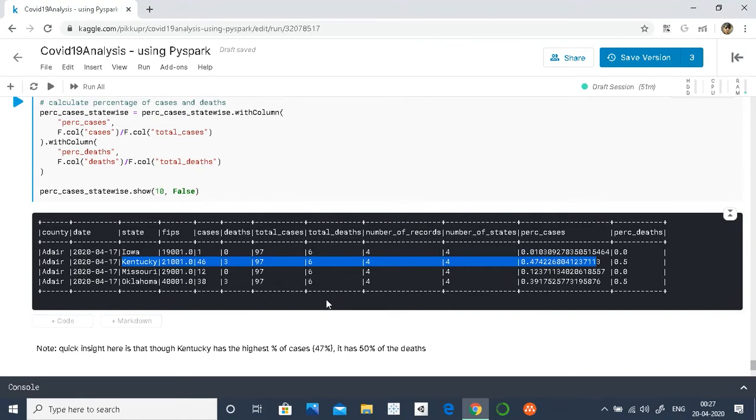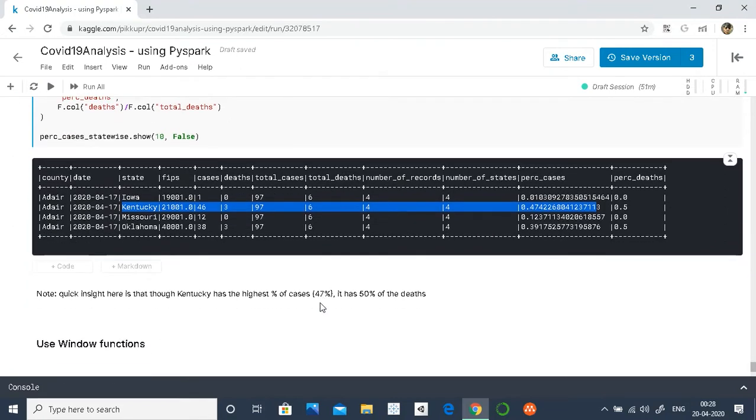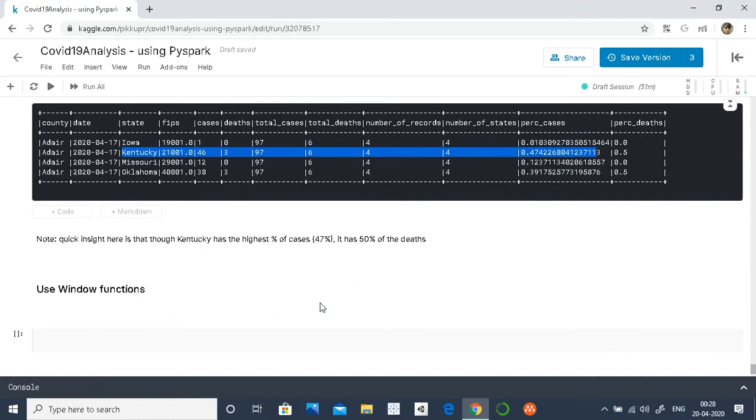Since this had only 4 records, it was easy to see which state inside a particular county has the highest percentage of cases. But for a large data set, if we try to do the same thing for the entire data set, manually looking at each record is not the best way. That is where partition by and rank functions come into the picture, and in PySpark we apply them using window functions.